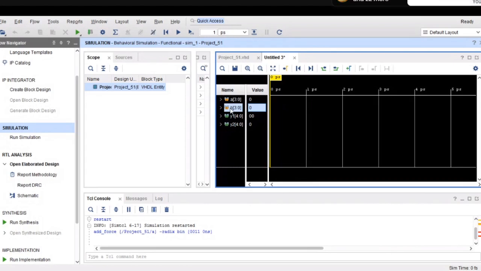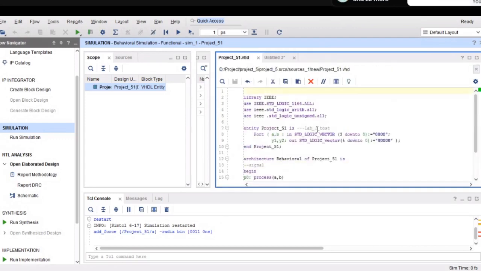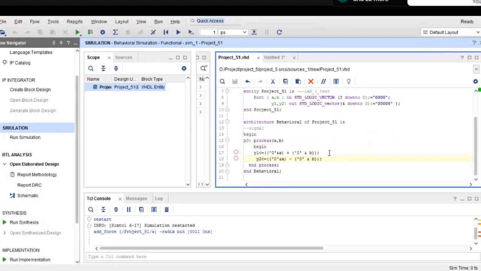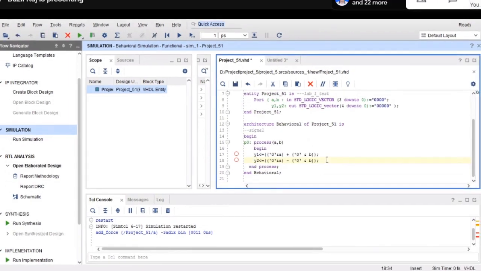So, I'm receiving syntax error files. Yes, sir. After the entity lab, I've given the project name lab2_1. After the entity, when we write the code, after that and the lab we write now, there I'm getting a syntax error, like on the 10th line in your file, in the project 51_51.